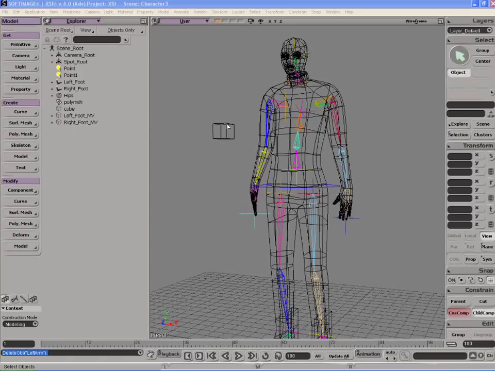To create sets or quick select sets within XSI, you may want to take a look at the grouping commands. So let's just select this arm here and maybe this forearm, and I'll hit Control G on the keyboard. That will group them together, and I'll press F2 here to rename it. So I'm just going to call this left arm,